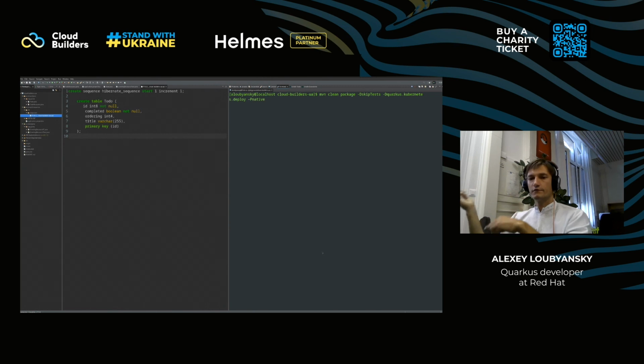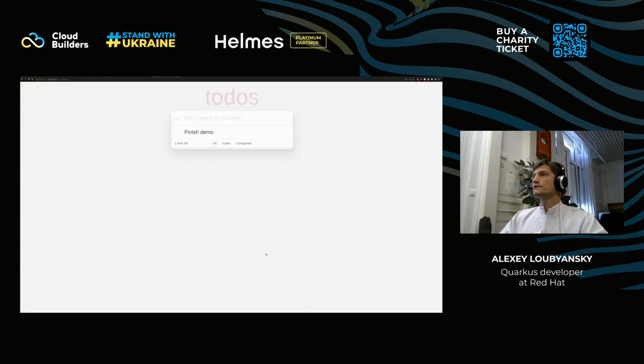However, if I'm deploying it to a remote Kubernetes cluster, I will add one more option, Quarkus native remote container build. What this does is build a native executable in a container using the remote Docker daemon. I will not launch it right now because it will take quite a lot of time and I don't have it. So what I did previously, I actually pre-built it and